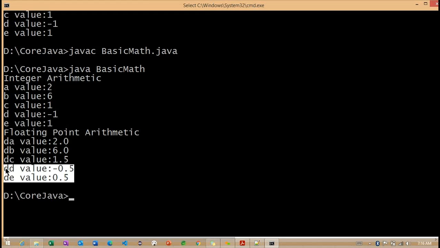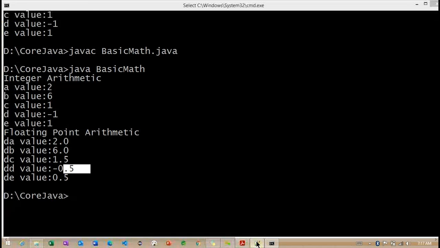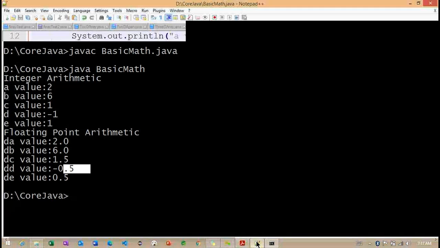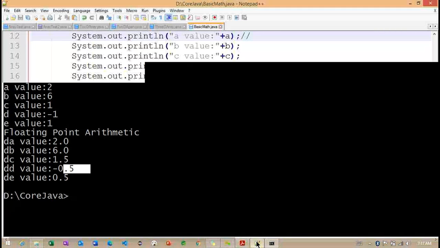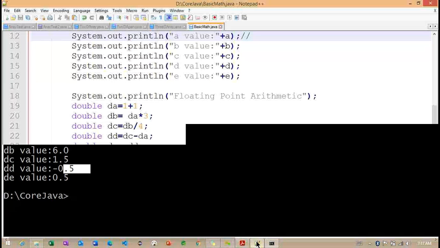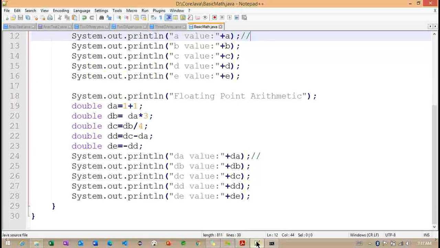First, when we work with the int data type, and the double data type here, after the dot, what value is going to come?